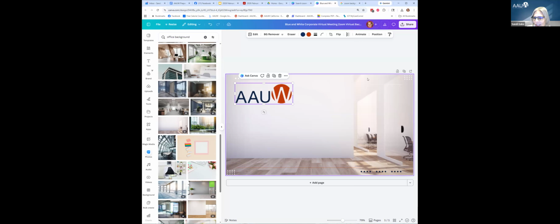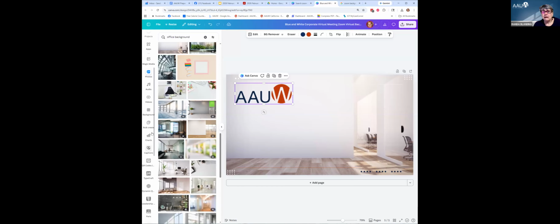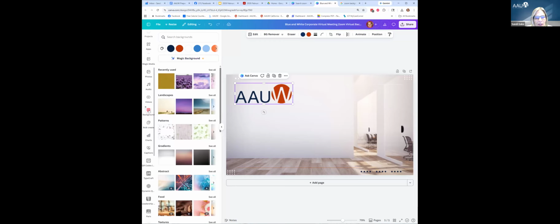Let's see. Randa, you were the one who recommended backgrounds. Do you have any other things you want to suggest? Well, I was interested in, on the left-hand side, if you go to the bottom, there's backgrounds all the way at the bottom. This one here? That was new to me. Oh, yeah, that's been there. So, right, we're using a picture as a background. If you wanted to have something else as a background,